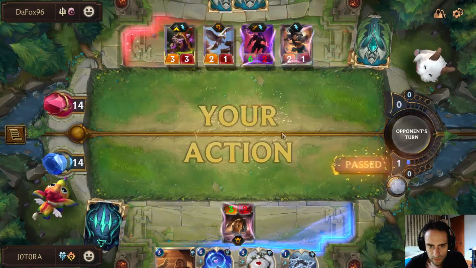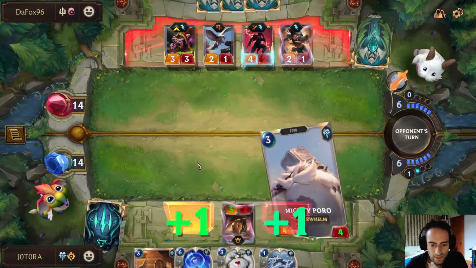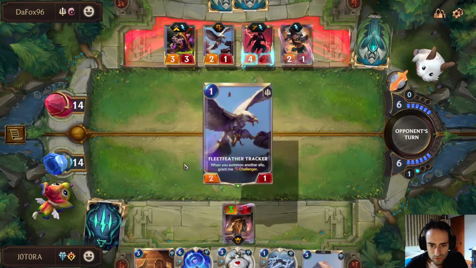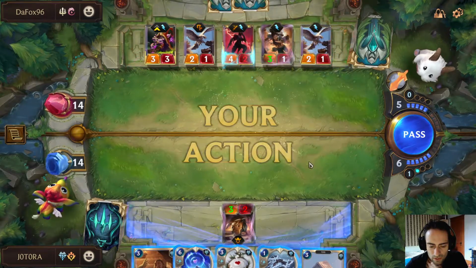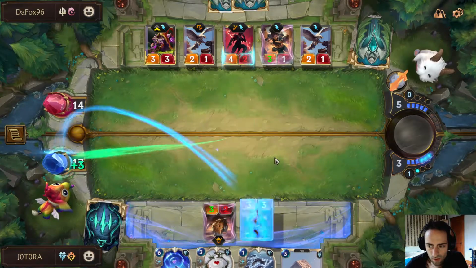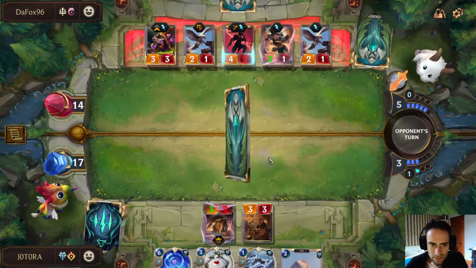Hang on, Buzzball. That seems a bit strange use of that. Are they really that afraid of me beating them down over the next several turns? It seems very defensive. I want to use Brittle Steel on Zed, but then he's got Lulu, so